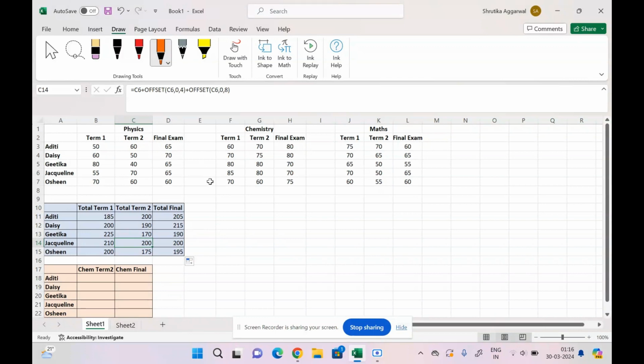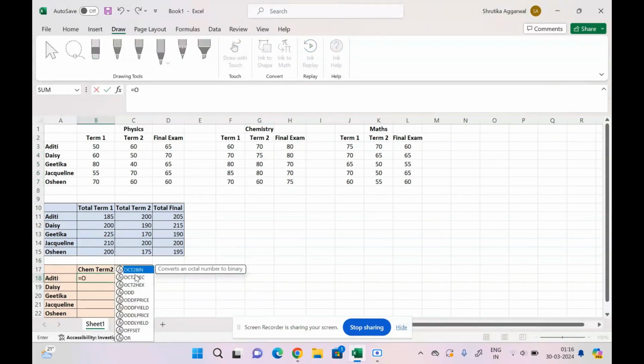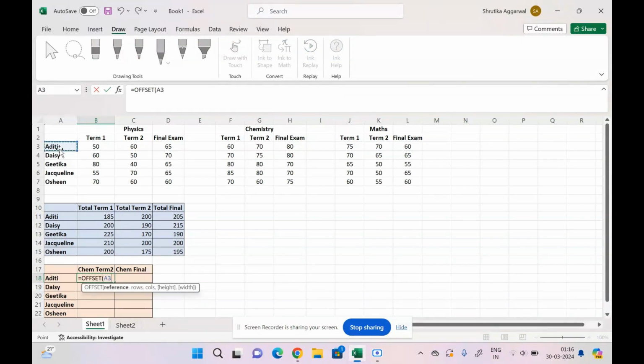Now, in this formula, we understood how to use reference, rows, and columns. Now, what about height and width? So, we will do it now. So, let's say there is a scenario where we want to return the term 2 and final exam score for chemistry. Now, what do we do? We say is equals to offset. Take Aditi as your reference, A3, comma. I don't want to move my rows. I just want to move my columns. So column is 1, 2, 3, 4, fifth. The fifth column contains the term 2 score,